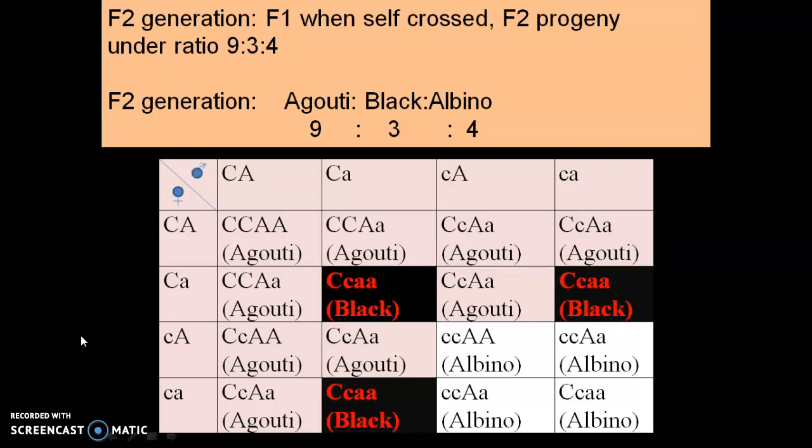When you observe the checkerboard, you see that while the two dominant alleles are present, that means capital C and capital A, all these are the agoutis, but when the one gene is absent, ultimately there is development of black color, and the remaining ones are the albinos,